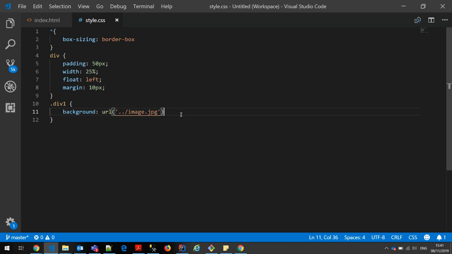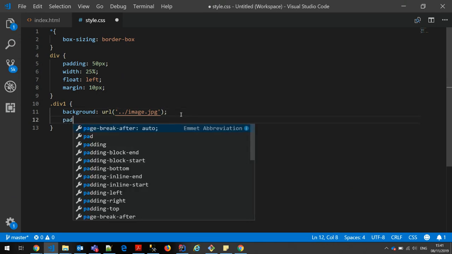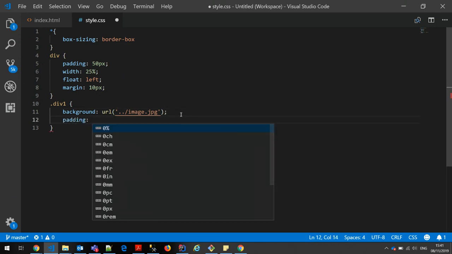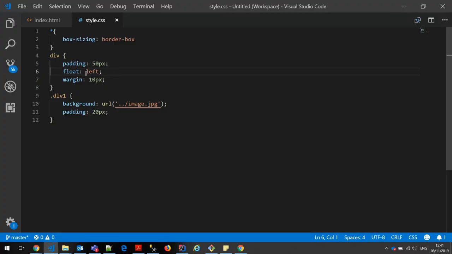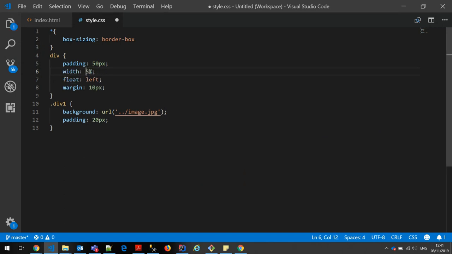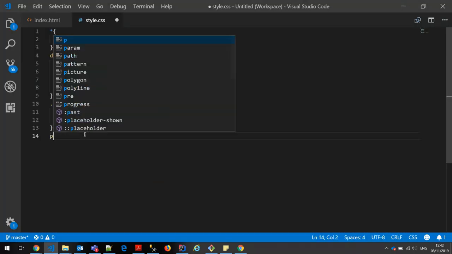Now, if you are using this background image, you can use some padding, 20px, then save, then refresh. Now, if you want this text to be visible to the user, now that you are using an image, and if you did not mention this width, just mention our width is 100%. See, okay. Now you want this to be visible to the user. For that, what you can do